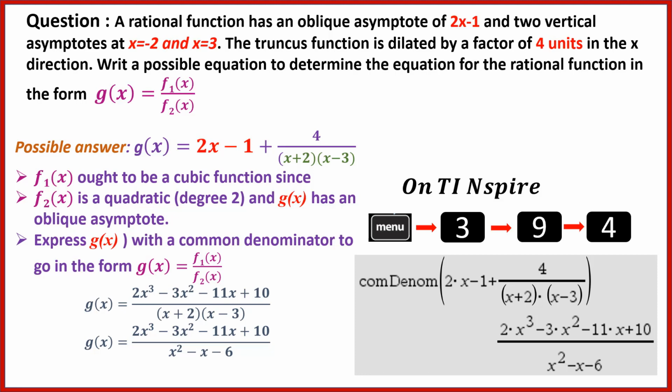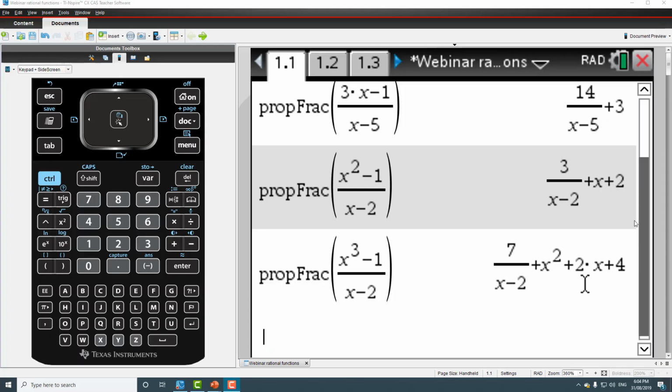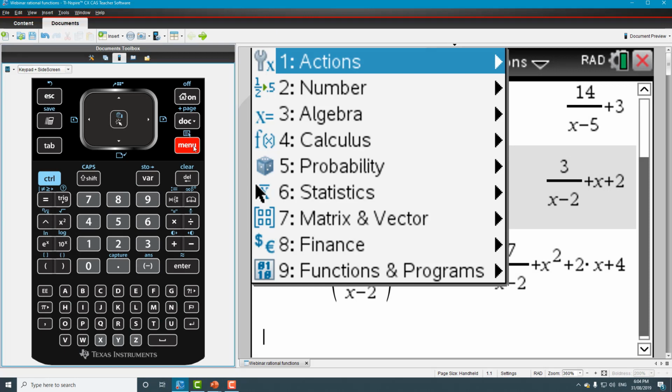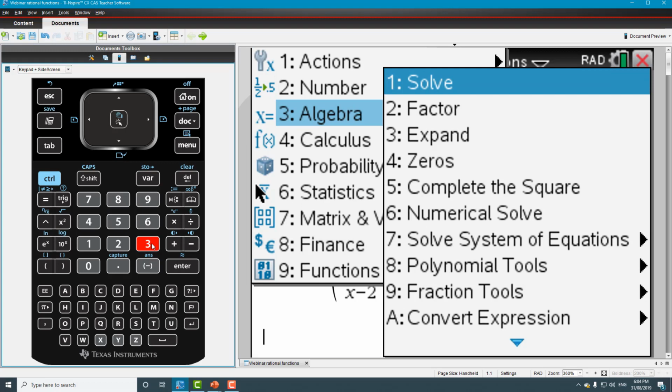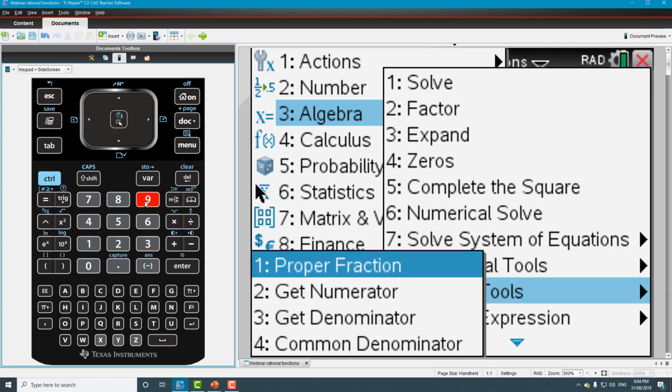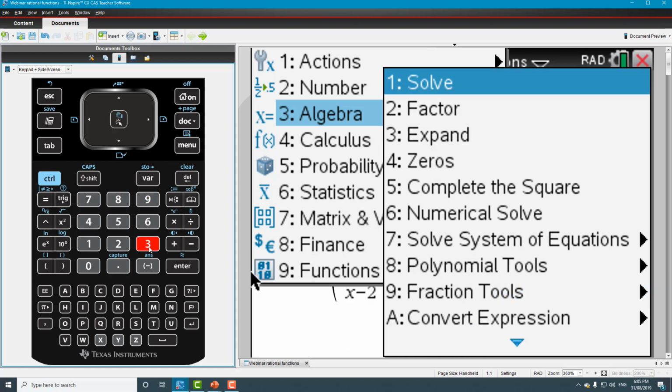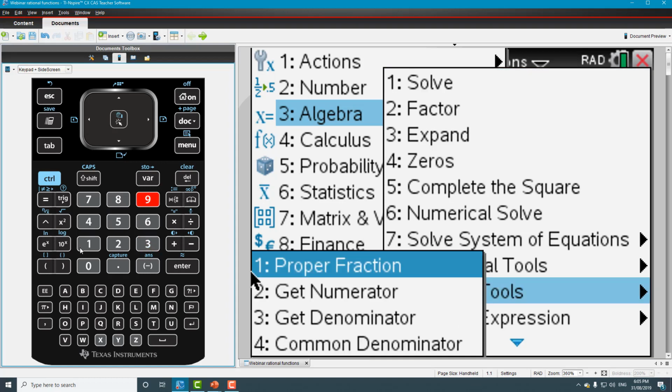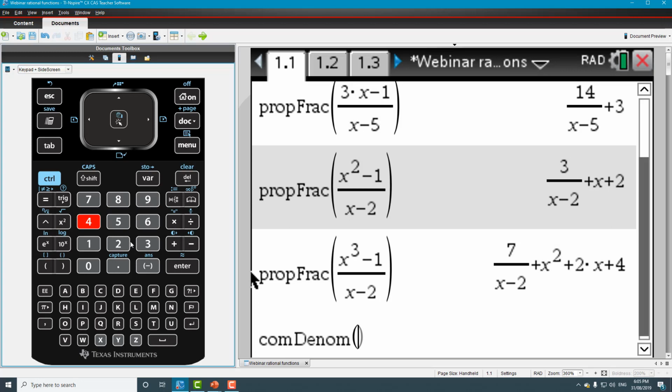Now to do this question, actually we will express the function with the common denominator. So instead of using proper fraction, we'll actually have to use the common denominator form, which is also a part of the fractions tool. So let's see how we can do this on our calculator. So to get the common denominator tool, we'll go into menu once again, and then we go to number 3, that's algebra, and then fraction tools, which is number 9, and now right at the bottom you'll see the common denominator, then number 9, and then number 4, and the linear equation that we have is 2x minus 1, which